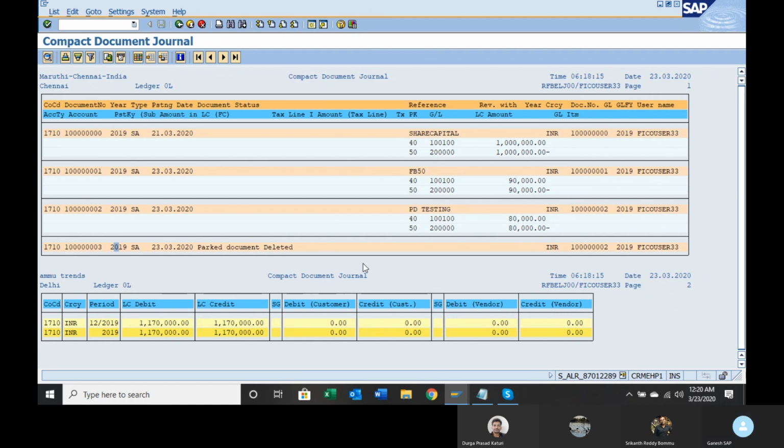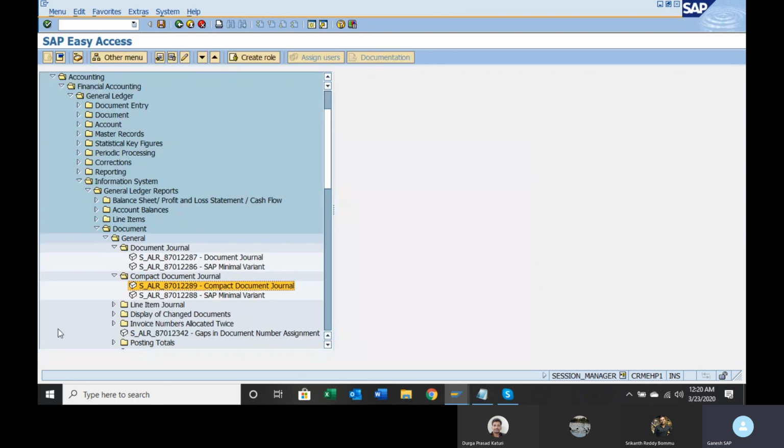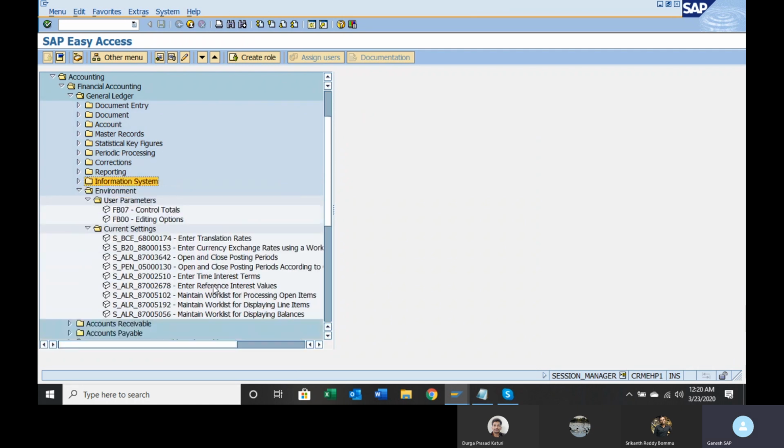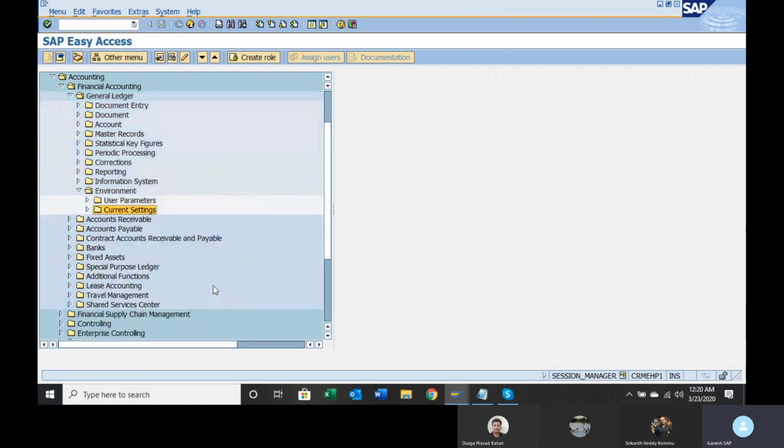So during auditing, they will be asking you why you have deleted. Instead, if it is an incorrect entry, you can reverse it. Then there will be an issue with the auditor. You have to give the proper explanation to him. Then only will he agree. So likewise, this is the document journal that we are going to give the access to the auditor. They will check this one, with the proper supporting documents. Fine. That is about Park document.